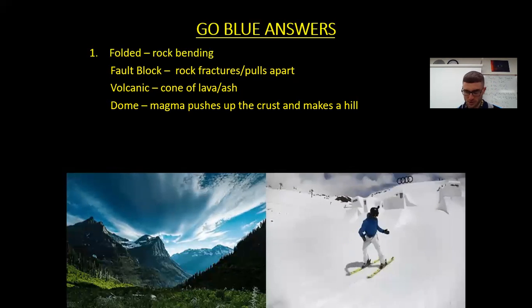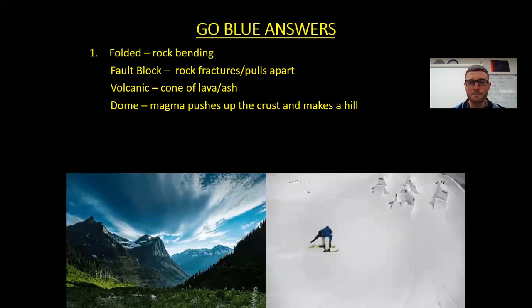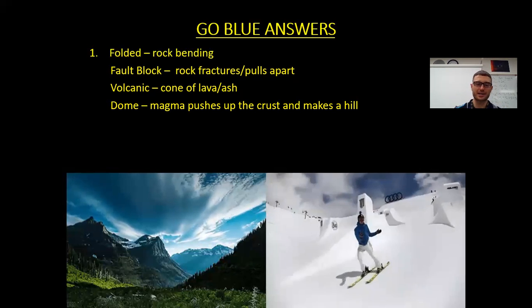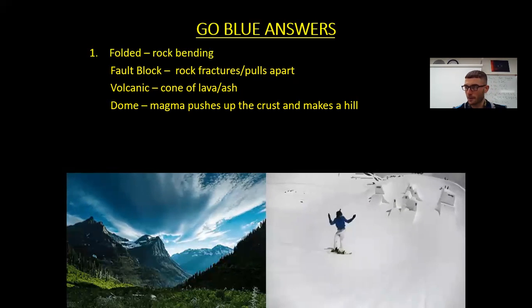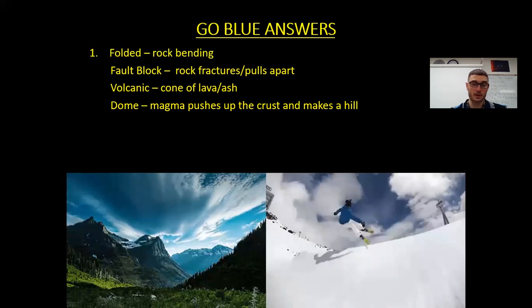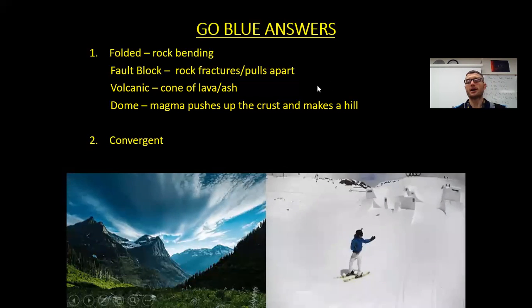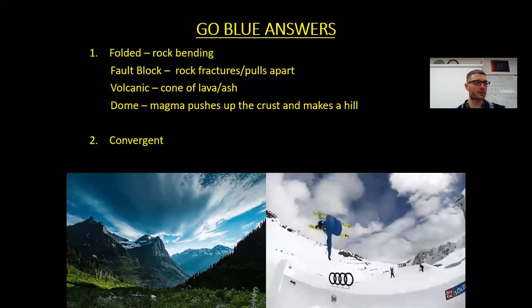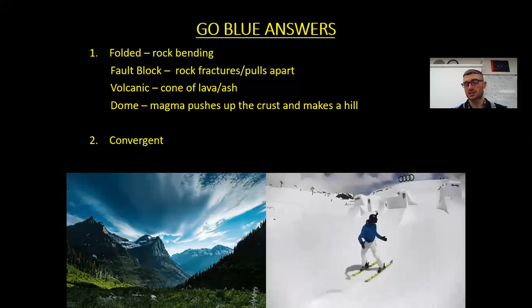Excuse me, guys. Okay, so that concludes the mountain types, and we're going to go over volcanic and dome in more detail today. Next, we have our boundary type that most creates mountains, and it's going to be, guys, pretty simple, convergent. You're going to need plates coming together to have crust going upwards to the sky,